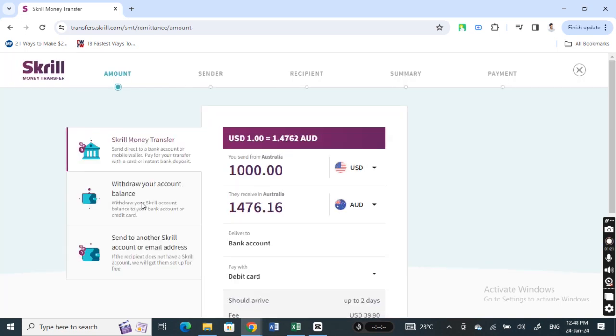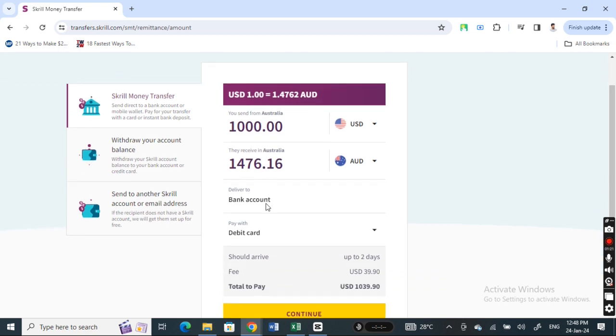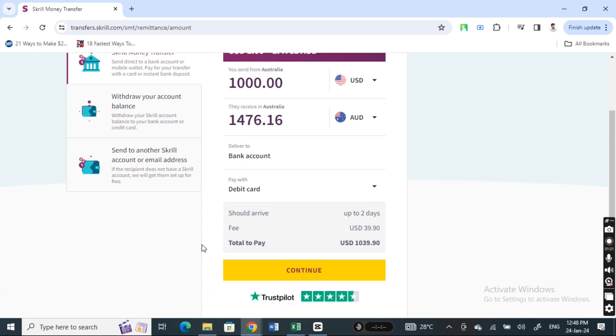So the second option, money transfer, select that, and then here all you have to do now is simply plug in the amount that you wish to send, so the currency and the amount they wish to receive, and this will convert the amount they wish to receive and the currency. So just fill the currency details, and then make sure that it's set as delivered to bank account because we are sending to bank account. And then the payment method, how do you want to pay it? So you can use your credit or debit card details, so just select whatever suits you, hit on continue,